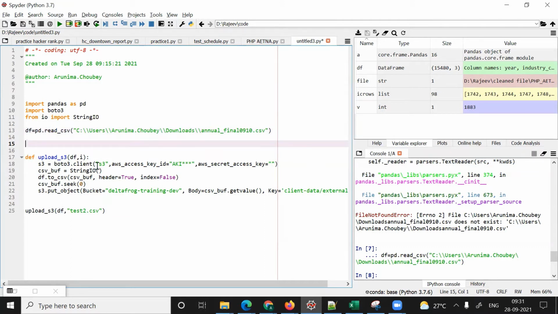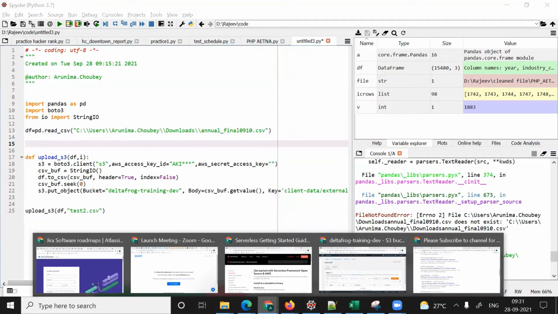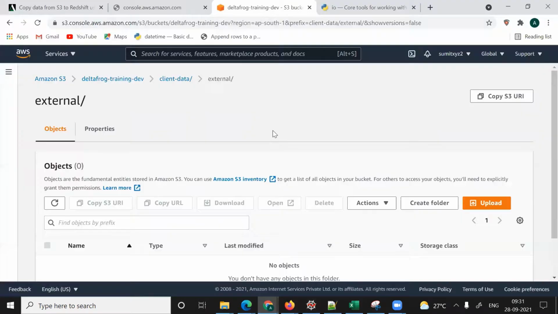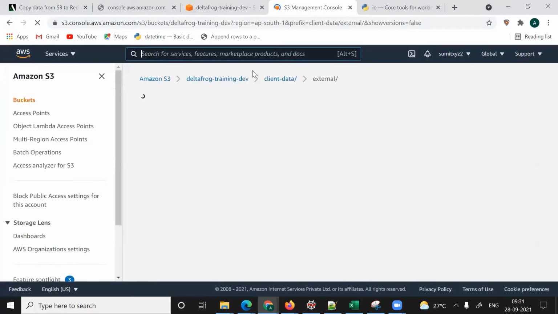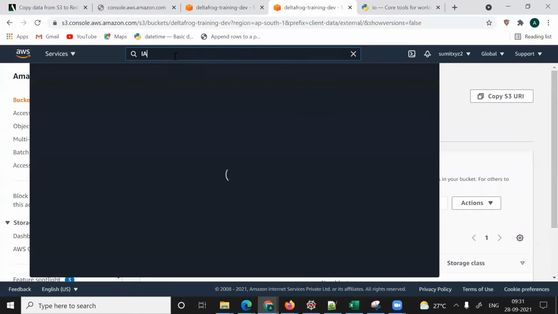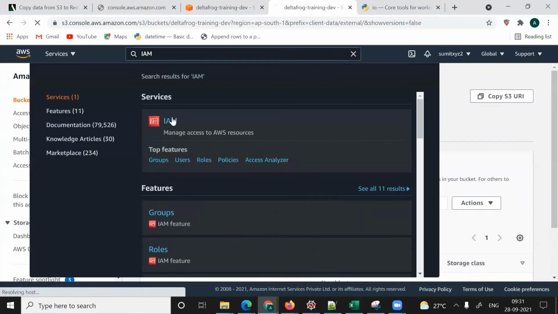If you are doing it from your local system, not from Lambda, then you need the access key and secret key of a user. So we'll create one user and get an access key and secret key for that. Let me open this duplicate tab, and then we'll go to IAM user.